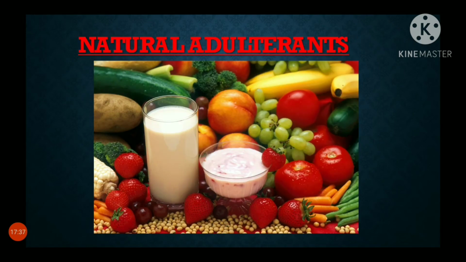So natural adulteration or natural adulterants. Natural adulterants are those chemicals or organic compounds that are naturally present in food. Like lemon is having citric, very sour taste. Apple is having very sweet taste. It is already present. That chemicals are present in the food. What they will do? They will get spoiled. They will spoil the food automatically when the condition of the environment is not good.